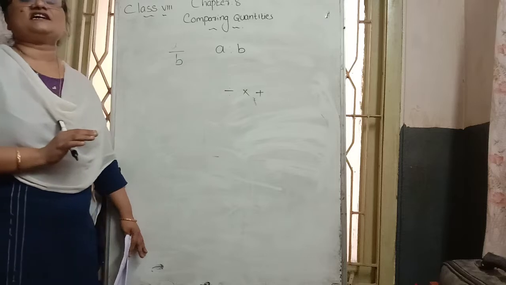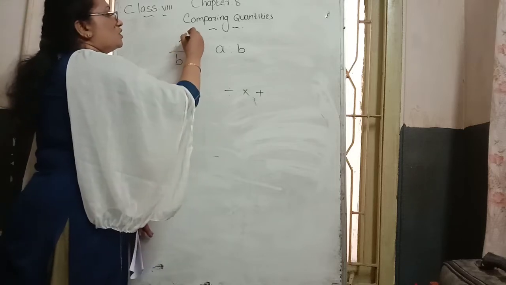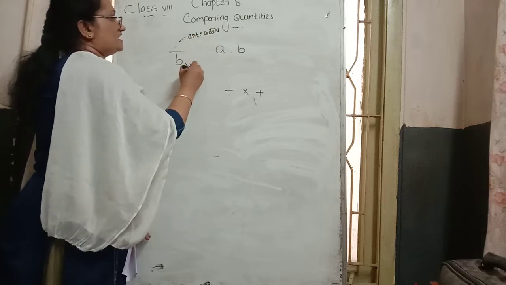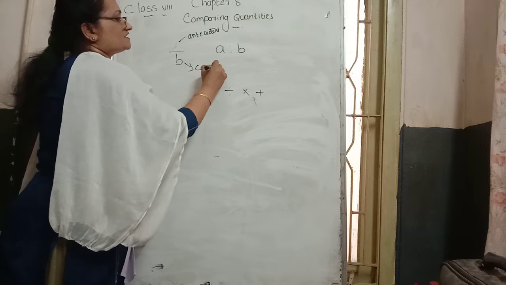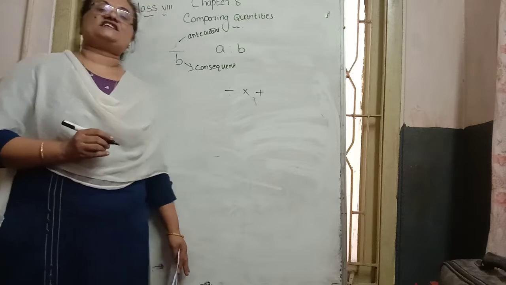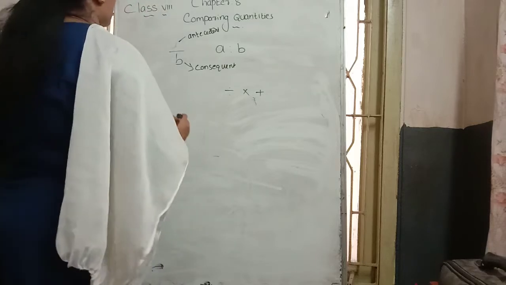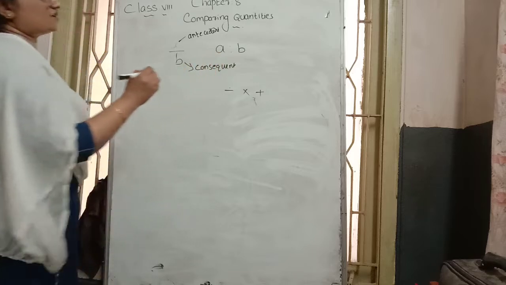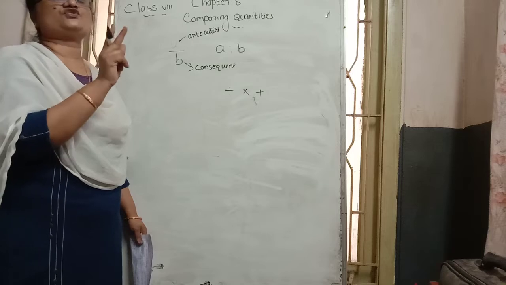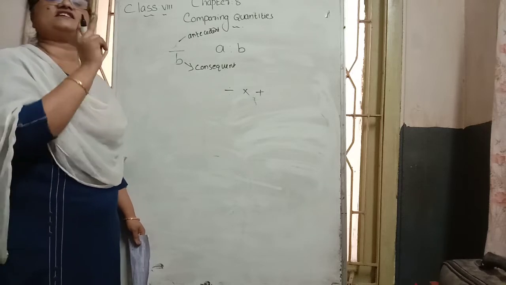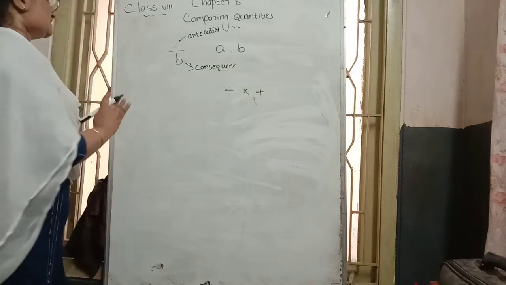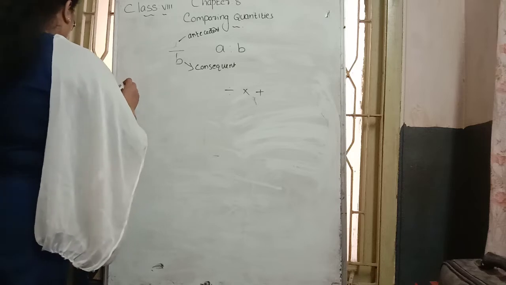For a ratio, the numerator part we call the antecedent, and the denominator part we call the consequent. Remember, in a is to b, two parts are there. a represents the numerator part, b represents the denominator part for the ratio case. Then here we want to convert first part.